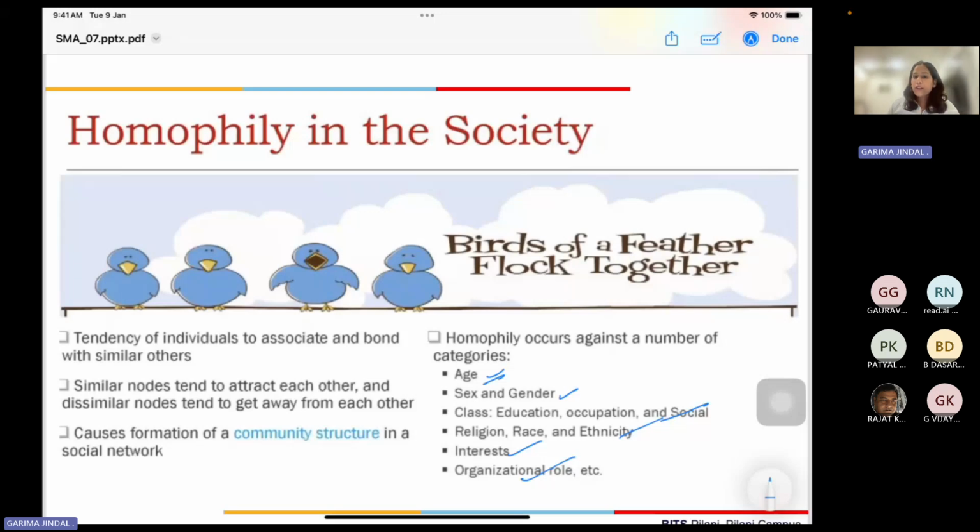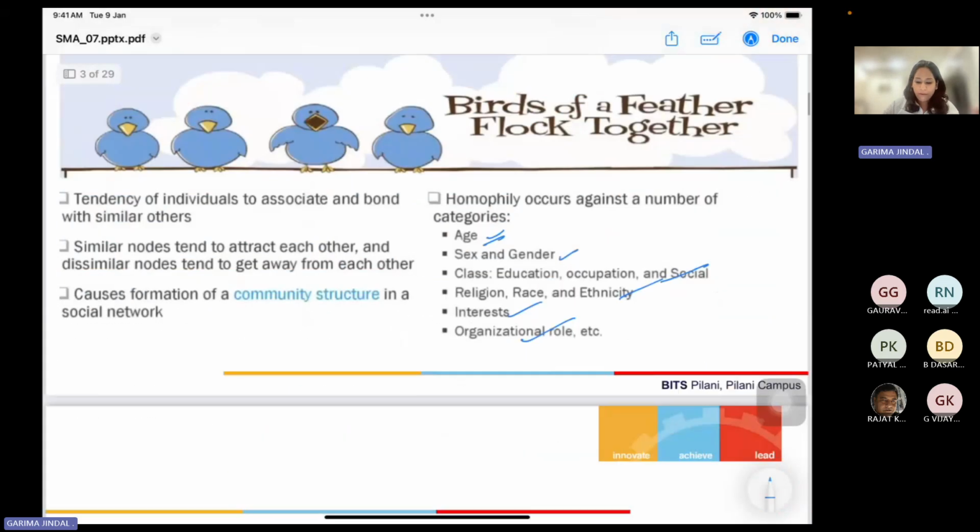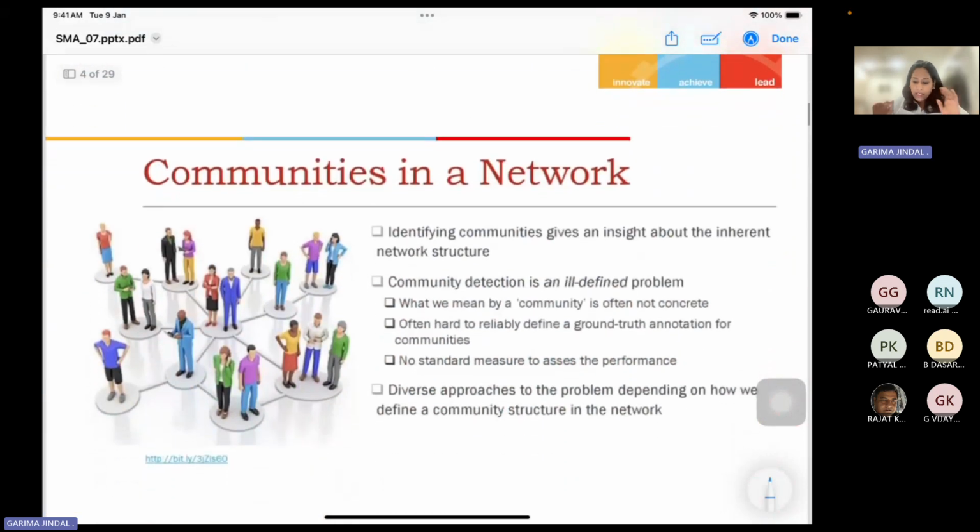Okay, so in today's lecture, we are going to further see how we are going to identify these groups. I'm also going to motivate you more towards this problem of identification of communities in the group. So now let us discuss what communities are. I can define communities as a set of people that are more connected within than the rest of the